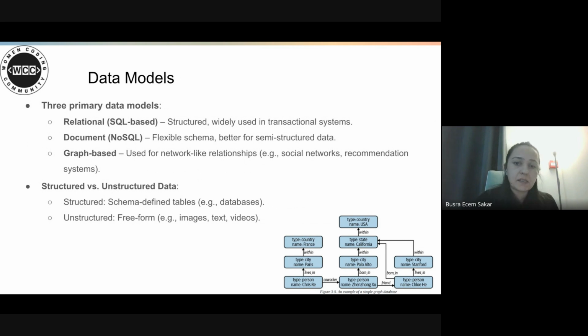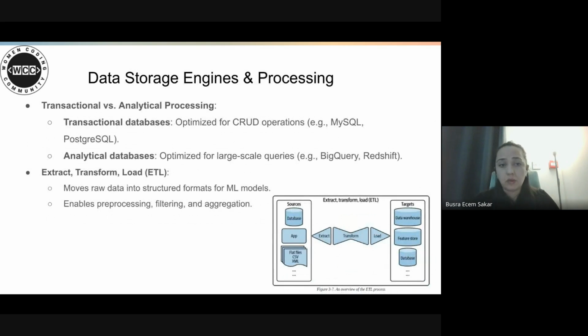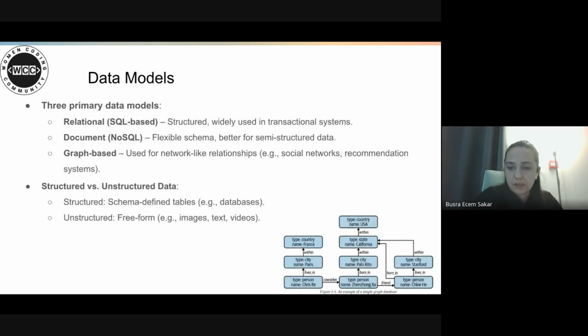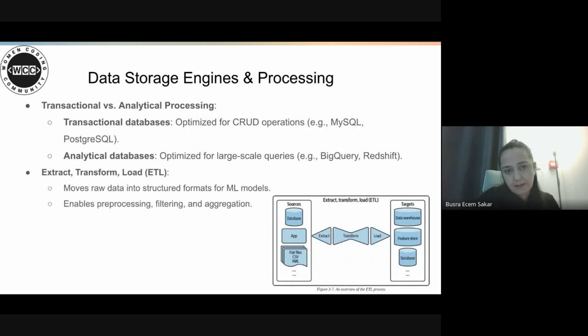And graph-based models are ideal for understanding complex relationships in the data. So choosing the right data model impacts performance, scalability, and flexibility again. That's why it's important.